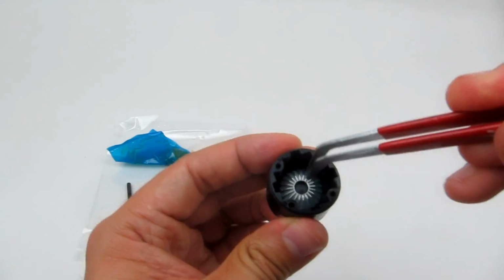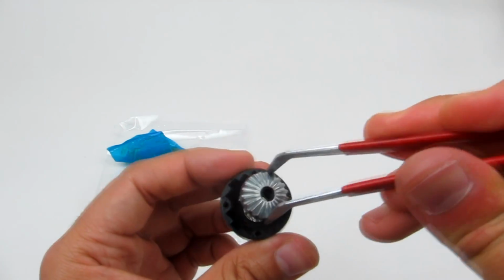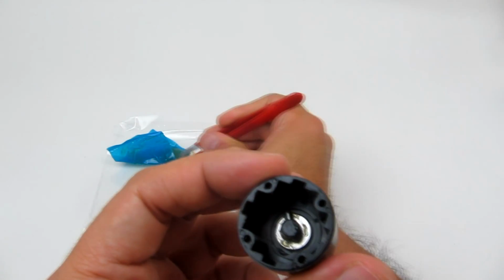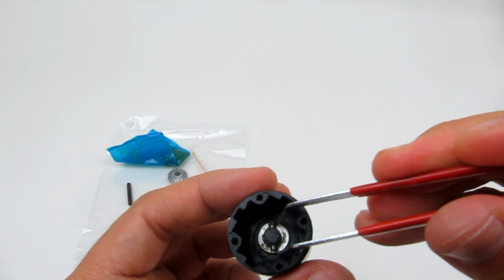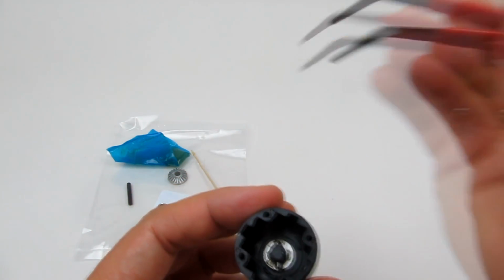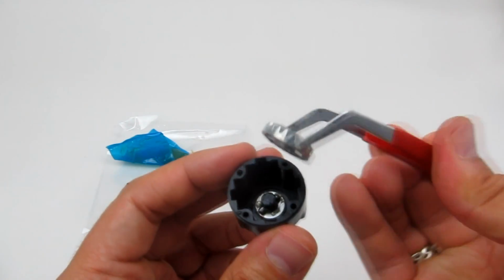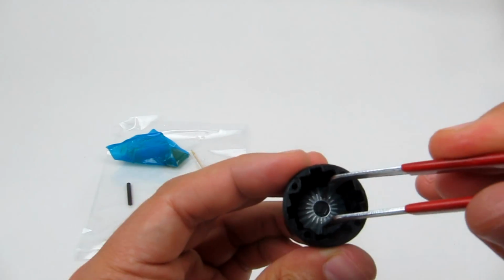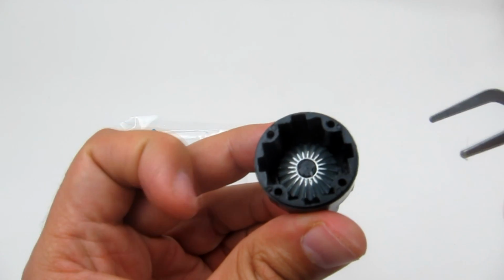So we're just going to pull it out. See if we can get it out here. There we go. Yeah, you see how it was lined up properly, but the pin had come out of position slightly. So that grease helps keep it in place. So again, we're going to line up the pieces there, and now you see that's how it's supposed to look, okay, before we do the next step,